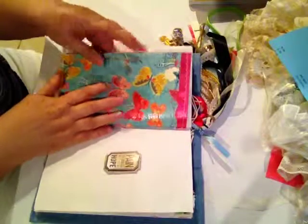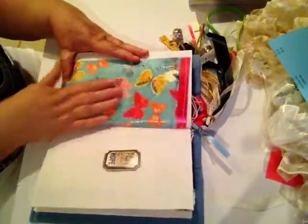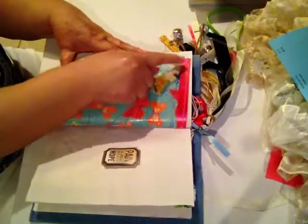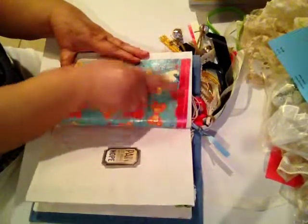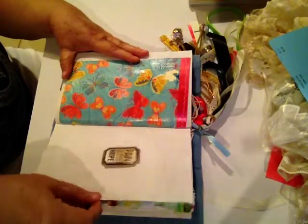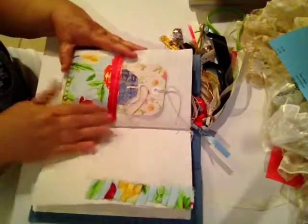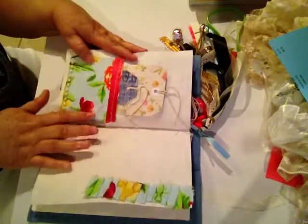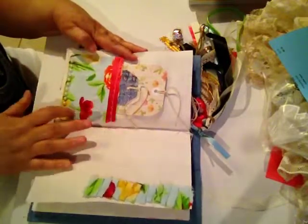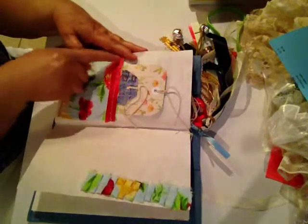This I have to cover. I sewed on it. It's a manila folder. I decoupaged on it. I need to cover that, or maybe leave it on there. I don't know, and tell Ty that the cows ate it. But I went ahead and sewed there. Pain is real, but so is hope. Special message for Ty. And then this is some fabric. I got it at Walmart. Nothing special, just fabric. I sewed and made a pocket, then went ahead and put some little pearls in there